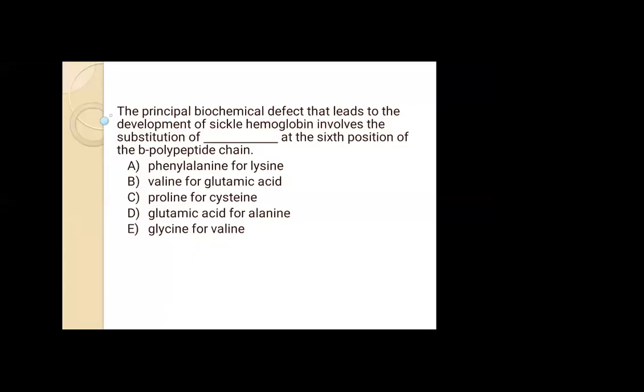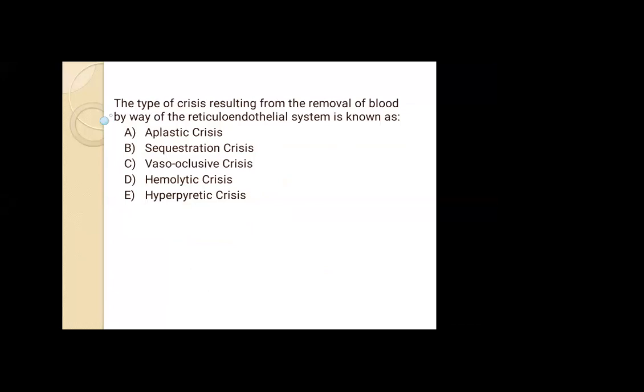Says the principal biochemical defect that leads to the development of hemoglobin involves the completion of that the sickle polypeptide chain. The next: does the disease of crisis resulting from the removal of blood by way of the reticular system is